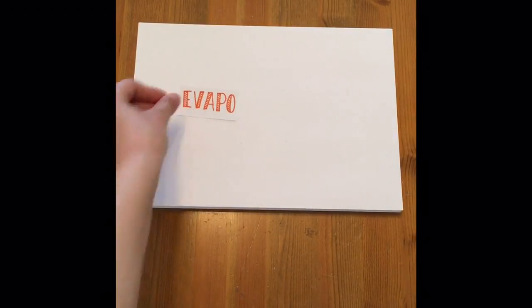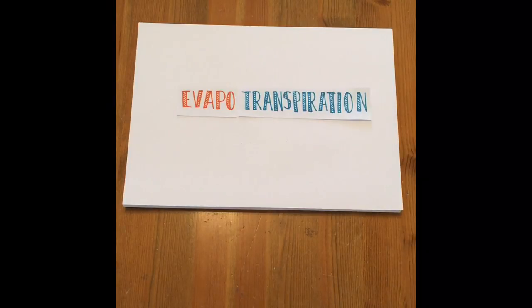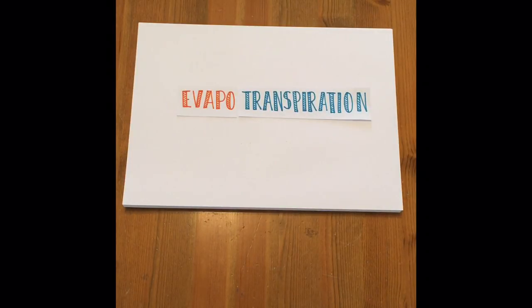So finally, evapotranspiration is just both of these processes put together. It's the total amount of water lost through evaporation plus the total amount of water lost through transpiration added together, and that number